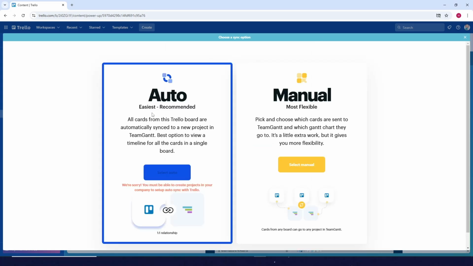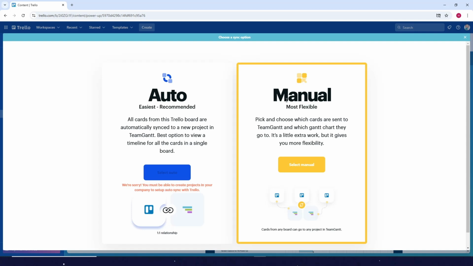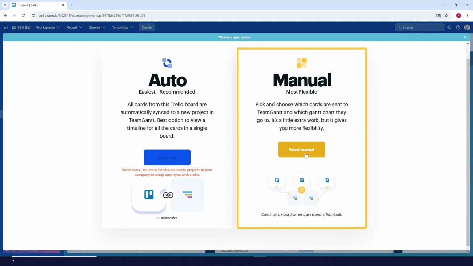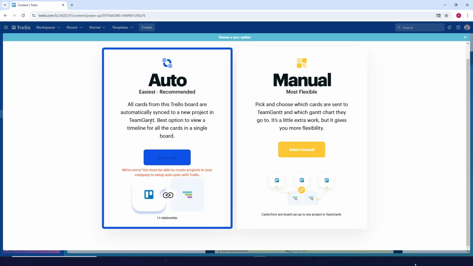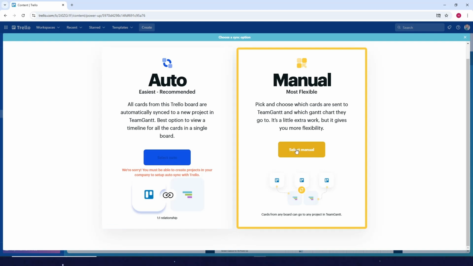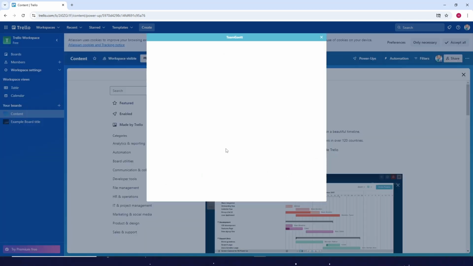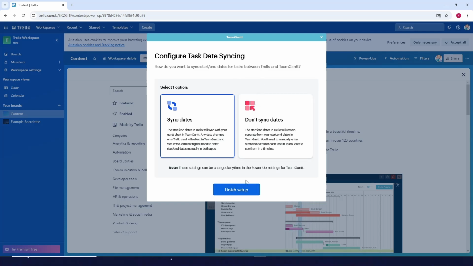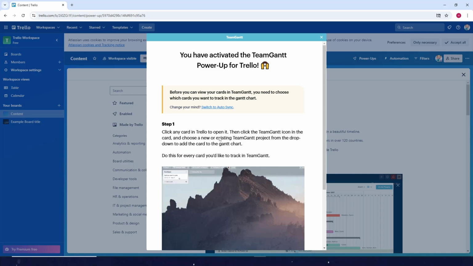Okay, of course you can choose either auto or manual, so let's just select auto. Oh wait, I can select auto. Okay, so just let's just select manual. Next is just finish setup, or you can choose any of the options here that you want to use. So I'll just use sync dates. Let's just finish setup, and then